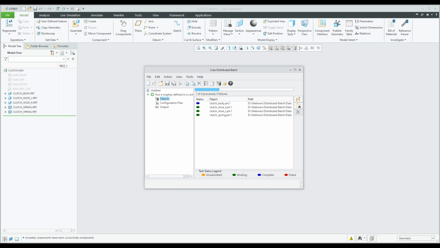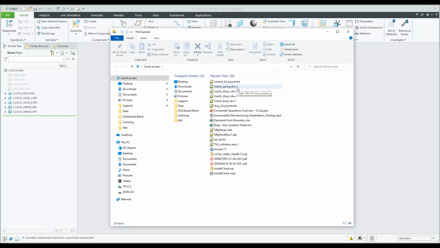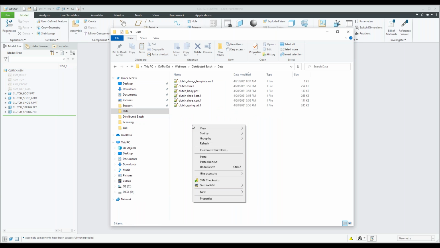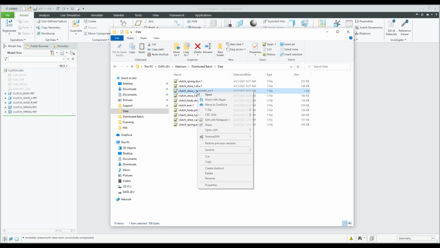Then my touch body is done, and that should go, and all the rest. So everything is done. This map key created drawings for us. So let's quickly go and open them up. You can see here's the drawings that it created. I'm just going to copy them into that data folder where all my other parts are. Okay, there we go. And then you'll see there's an error file in here as well. So if I open that up,